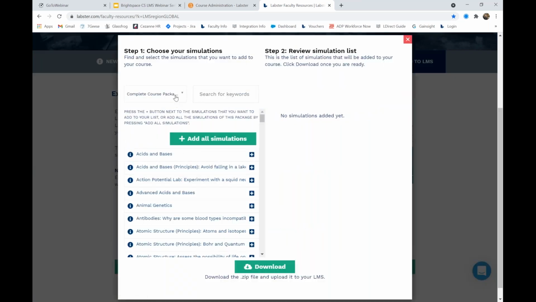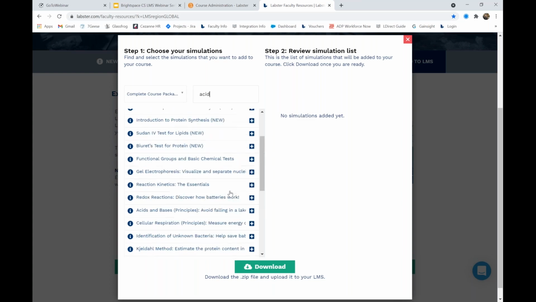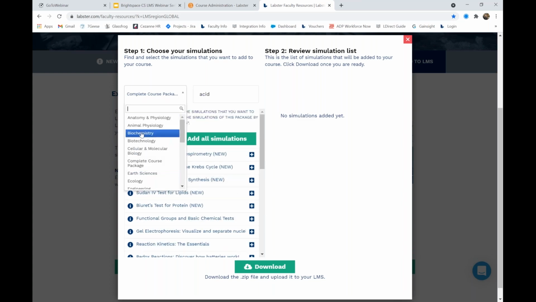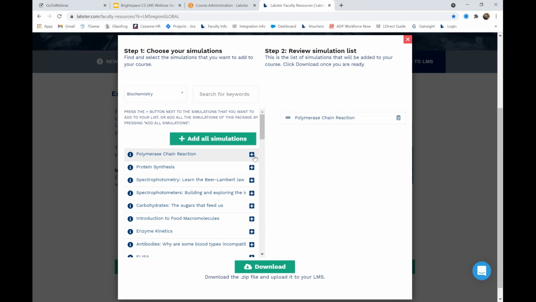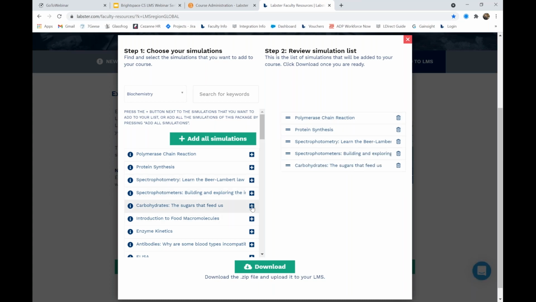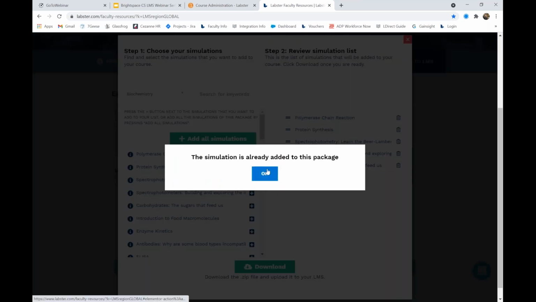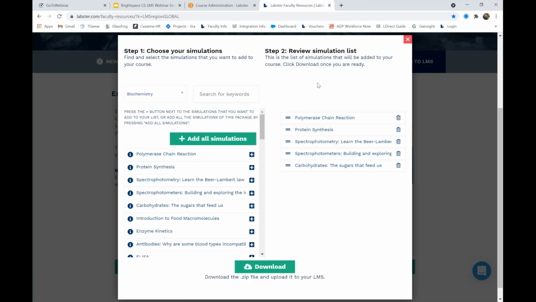Okay, and here you can filter down by a couple different things. You can search for keywords, so acids, and I'll just look at acids or acid. And you can search for a specific keyword, or you can filter it down by a certain topic. And when you know that you want to add a simulation, you can click the plus sign. And if you click on something that you have already added, it'll say that the simulation is already in the package. Once you have a good list of the simulations you want to assign to your students,